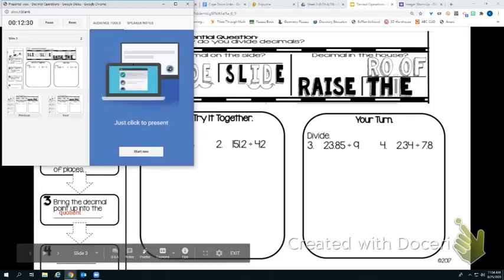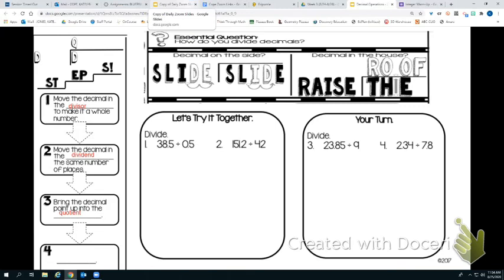All right, so for example, we will do the first one together. Whatever number comes in front is the one that's being divided, so the one that goes inside of the house, and the second number is what you're dividing by. So in this case, I would set number 1 up as